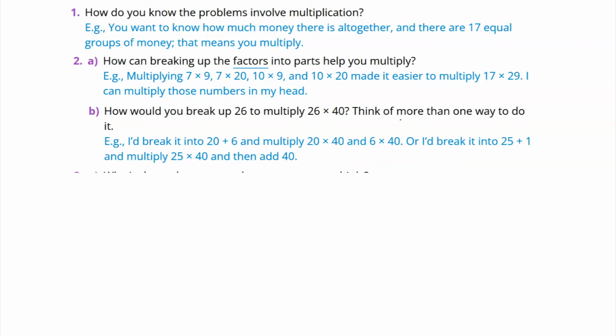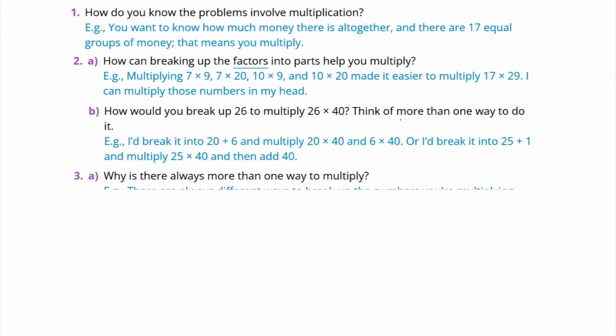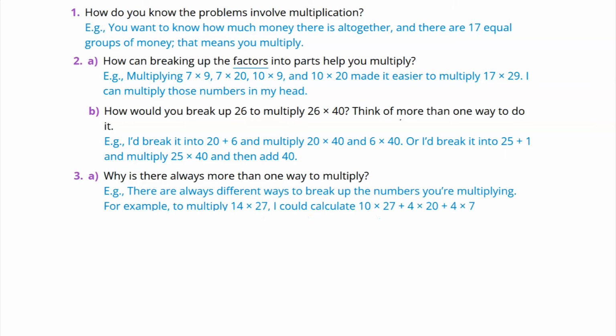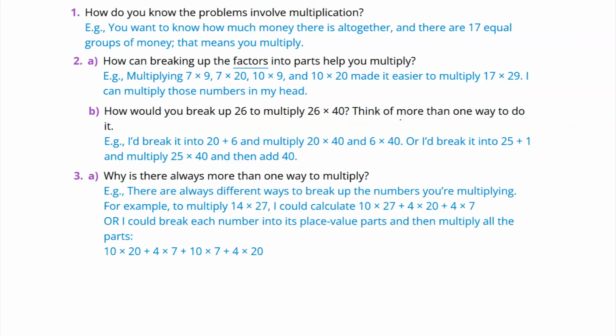You could have also broken it up into 25 and 1 and multiplied 25 times 40. So why is there always more than one way to multiply? There are always different ways to break up numbers that you're multiplying. For example, to multiply 14 by 27, you could calculate 10 times 27 plus 4 times 20 plus 4 times